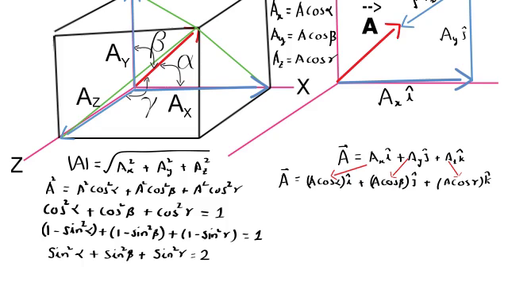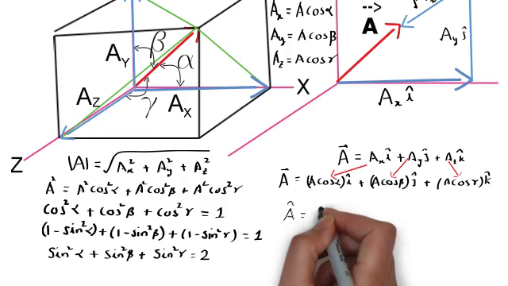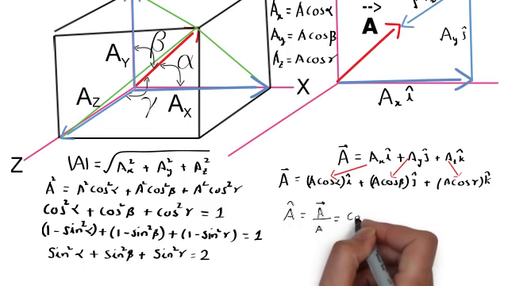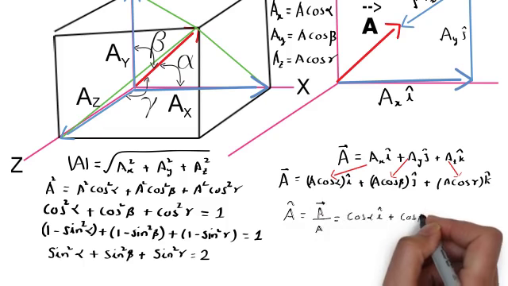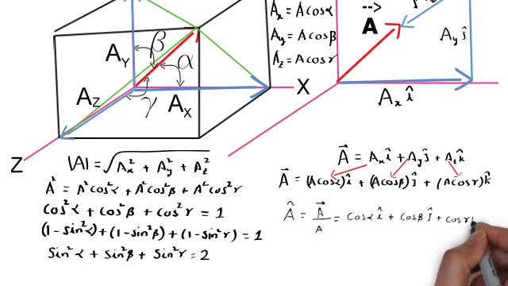Further, if I want to find the unit vector of A, I just have to divide the vector A by its modulus. Thus, the unit vector A cap will be equal to A vector upon A modulus, which will be equal to cos alpha i cap plus cos beta j cap plus cos gamma k cap. From the above equation, we have simply divided the A vector by the modulus. Thus, the unit vector of any vector will simply be equal to cos alpha i cap plus cos beta j cap plus cos gamma k cap, where alpha, beta and gamma are the angles the vector makes with the x, y and z axis respectively.